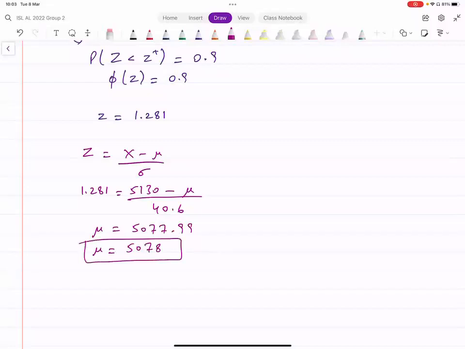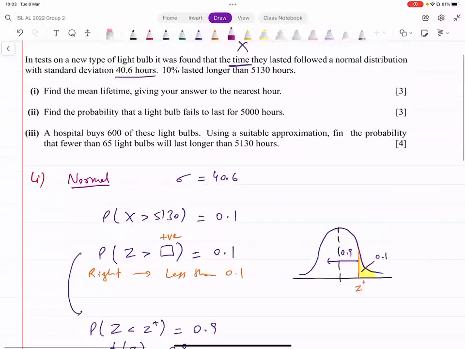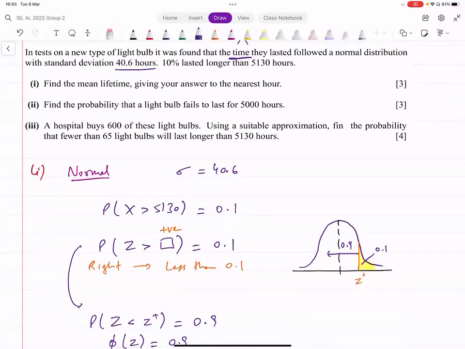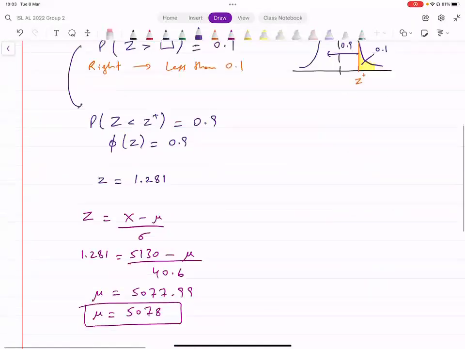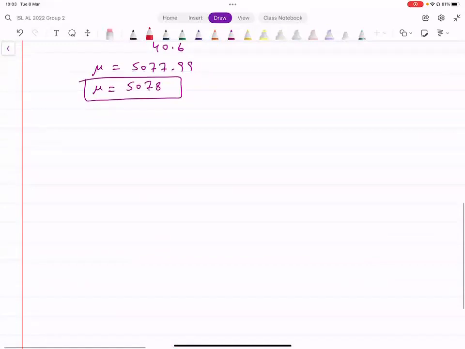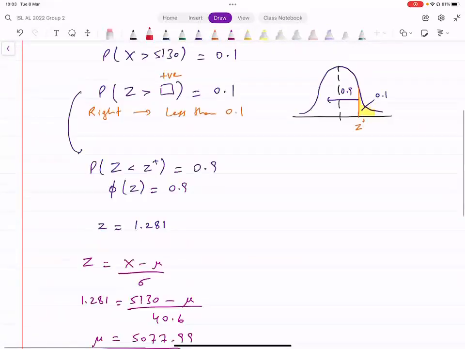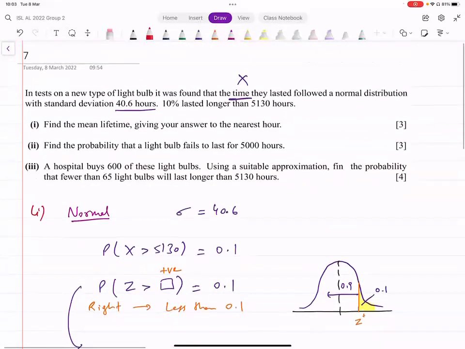ठीक है, अच्छा, so this was inverse normal. Second part देखते हैं, find the probability that a light bulb fails to last for 5000 hours. Probability find करनी है that the light bulb fails to last 5000 hours. How do you find this? Fails to last this much. क्या करेंगे,